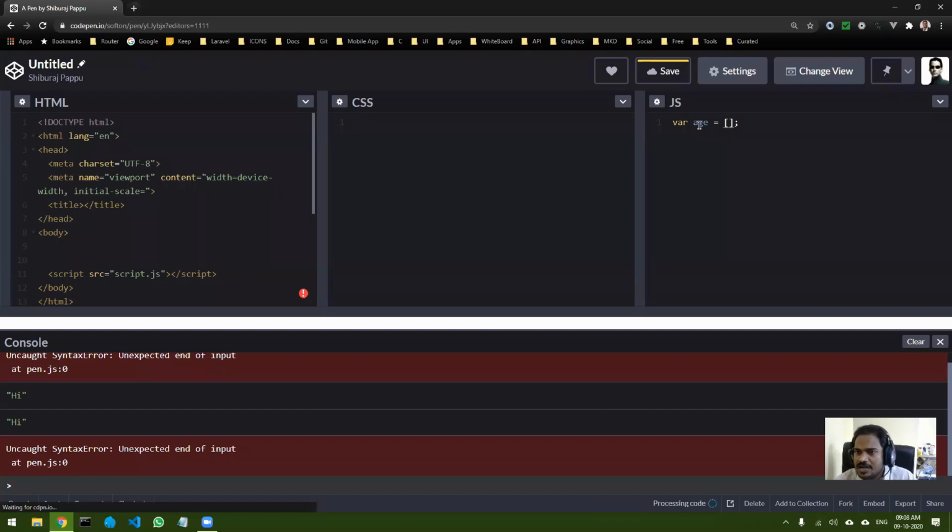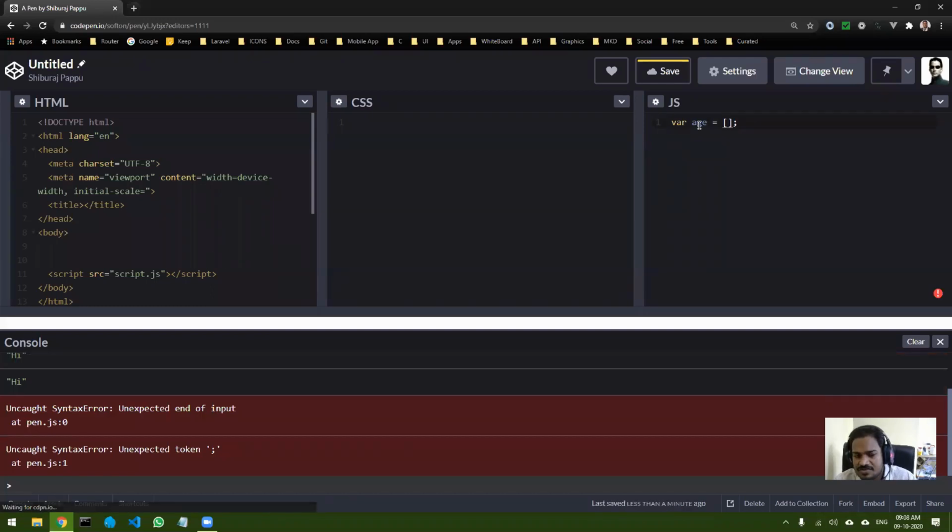Whenever you see square brackets, you should understand that it is an array. Inside, you can just start typing the values of your ages that you want to store: 21, 22, 25, 24, etc. Now you can see one variable holds all these ages.